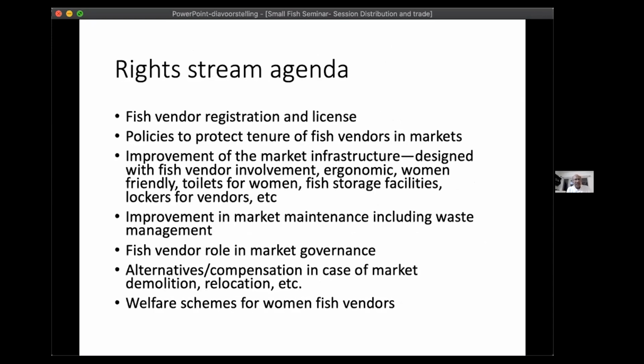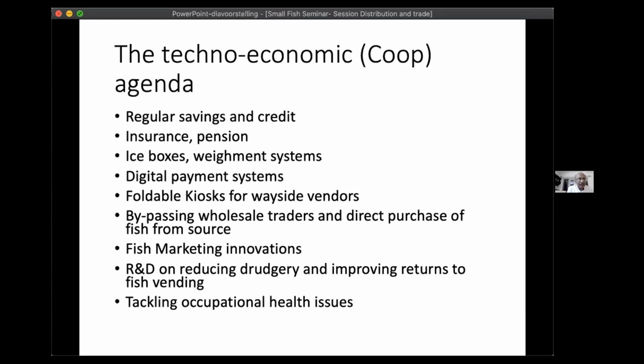So there is a rights stream agenda, which I've already given some indication of, which includes the role that women should have a big say in how these markets operate where they are. They should even be part of the governance. Next, please. And then what I call the techno-economic agenda, which is a cooperative agenda: